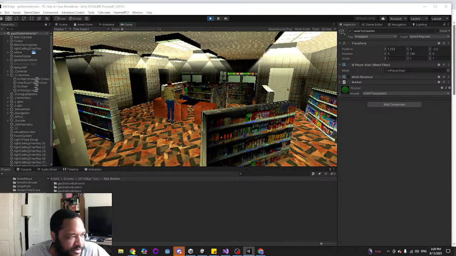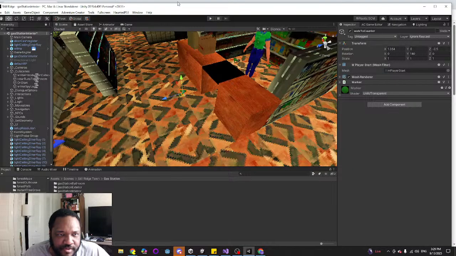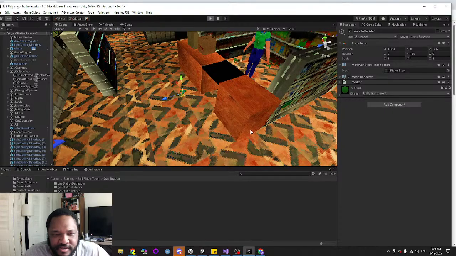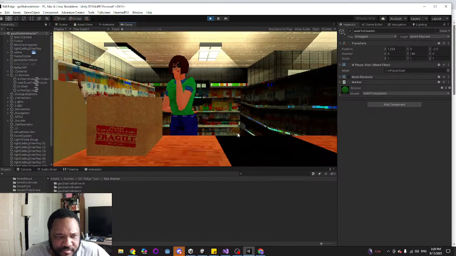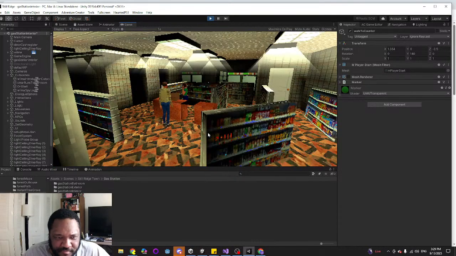All right, game, what's going on? Show me the debug. Yeah, he's not finishing this movement, and I don't know why. I'm just going to uncheck pathfinding, and hopefully that will fix it. Well, I need to rebake the lighting.